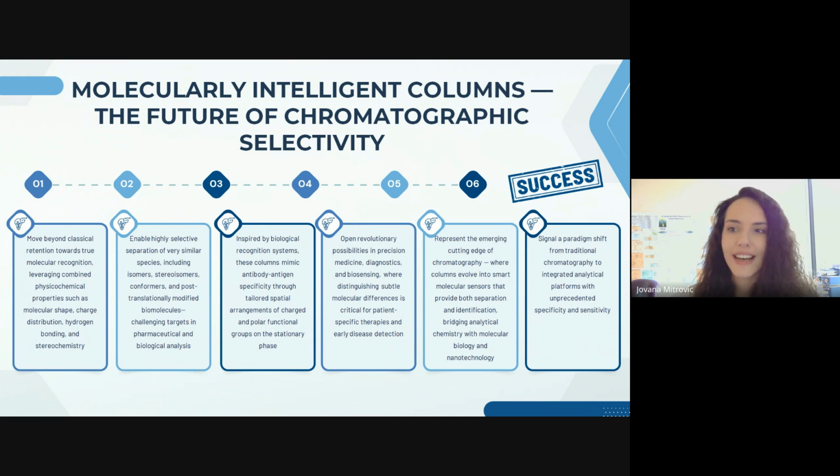And looking ahead, one intriguing possibility is the development of what we might call molecularly intelligent columns, inspired by nature's remarkable way of recognizing molecules, like how antibodies specifically bind to antigens. These columns could someday